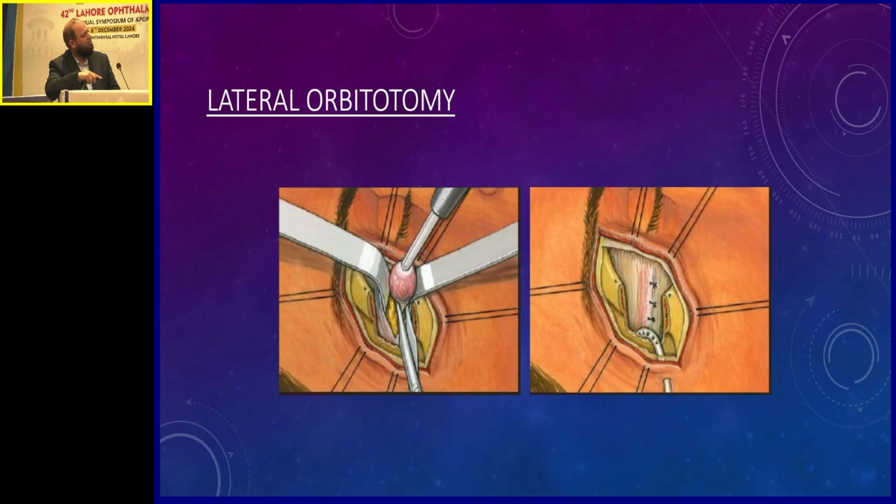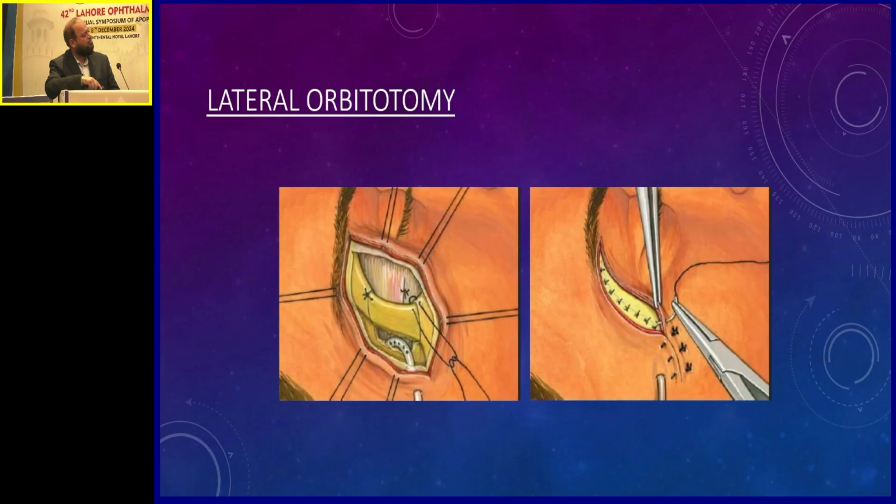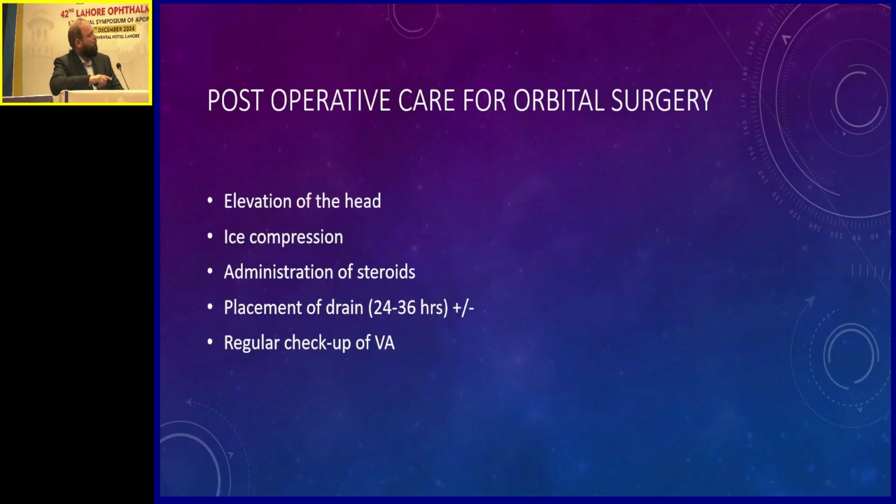So then next is you dissect it from the space within the orbit, and with the help of cryo you can remove the lesion, and then the layers are again repaired back. The periosteum, usually the 5-0 Vicryl is the suture I am using. So post-operative care like normal, specifically keep in mind whenever you are operating on the orbit, you must examine your patient